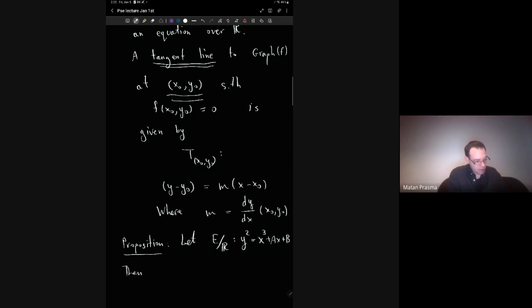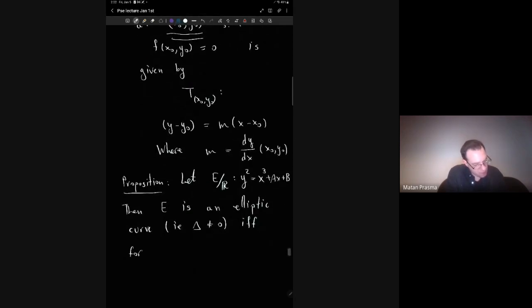Then E is an elliptic curve, I mean, elliptic curve, of course, it means that in addition to the equation, we have this discriminant being non-zero, if and only if,